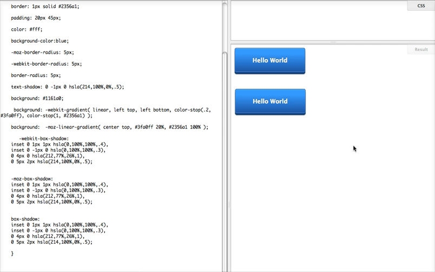And when I run my update, I have this nice, beautiful looking CSS3 button that looks just as good as the Photoshop version. Now, in part 2 of this tutorial, I'm actually going to teach you about transforms in CSS3,